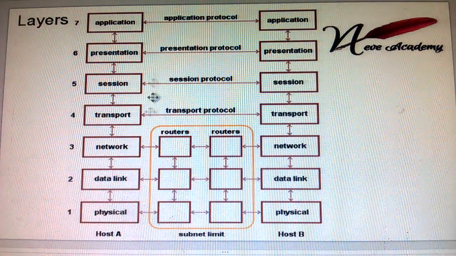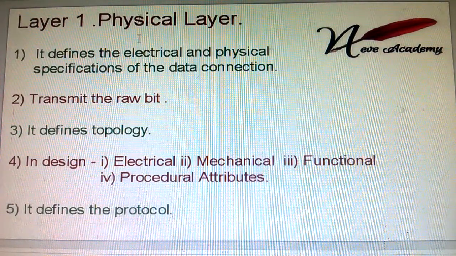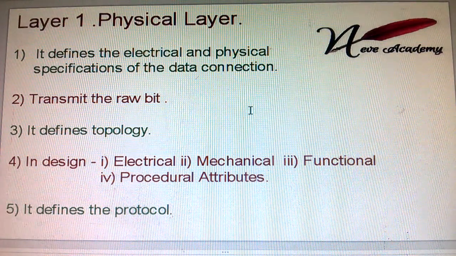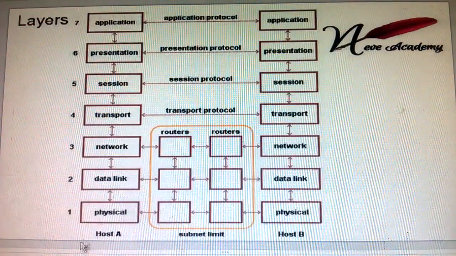About this complete diagram, there is one host, and from this system I want to send the complete message to another system, and this is how computer networking works. So we consider the first layer, the physical layer. Whatever raw bits or input we give to the computer by our mouse or keyboard, all the raw bits are sent by this physical layer.